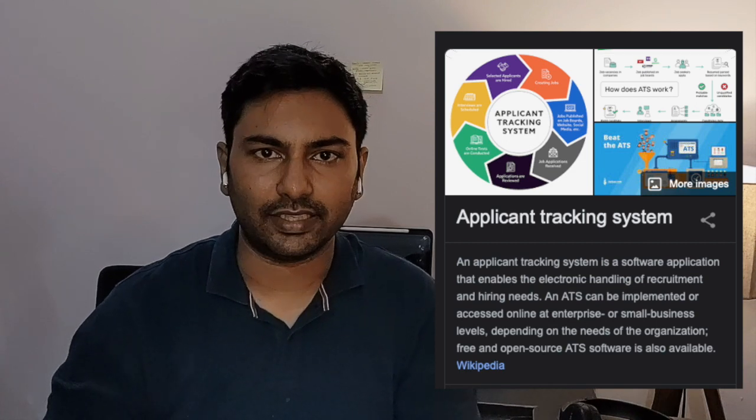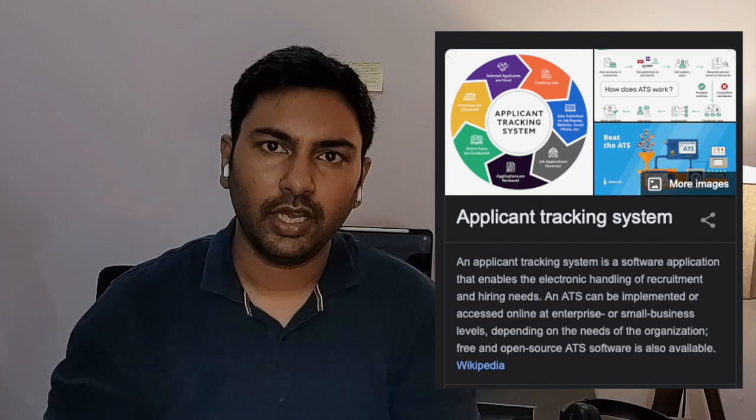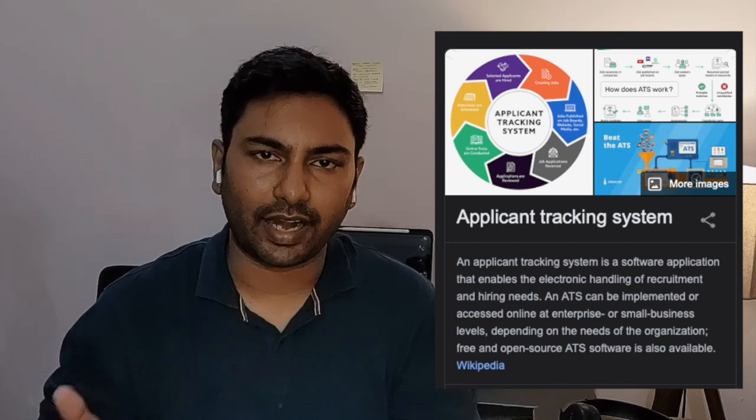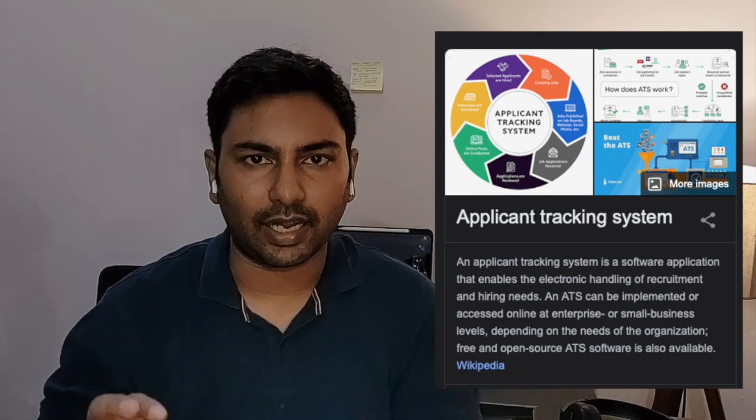For example, there are a number of ATS trackers which basically screen. The very first screening is done by these ATS tools, ATS systems. ATS stands for Applicant Tracking System. So these applicant tracking systems are your CV's first barrier which it is required to cross in order to land a job interview. So what can you do to improve your chances when you are applying online via the careers page